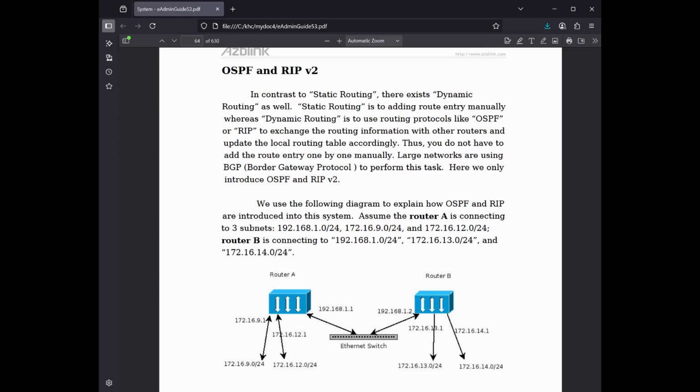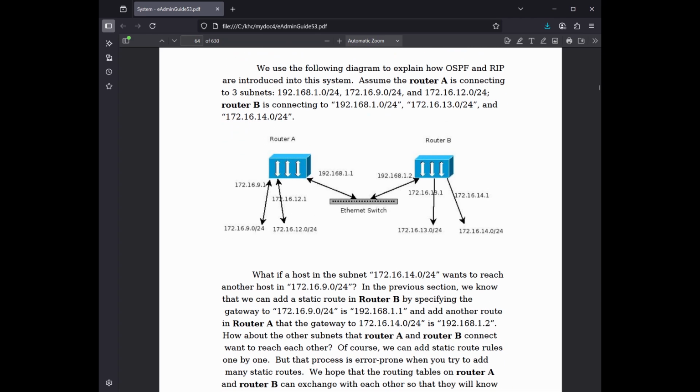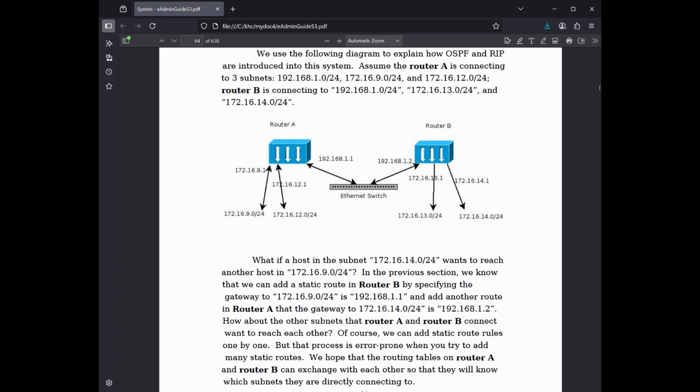We use the following diagram to explain how OSPF and RIP are introduced into the system. Assume router A is connecting to three subnets, 192.168.1.0/24, 172.16.9.0/24, and 172.16.12.0/24. Router B is connecting to 192.168.1.0/24, 172.16.13.0/24, and 172.16.14.0/24. What if a host in the subnet 172.16.14.0/24 wants to reach another host in